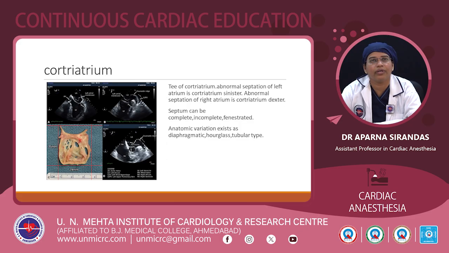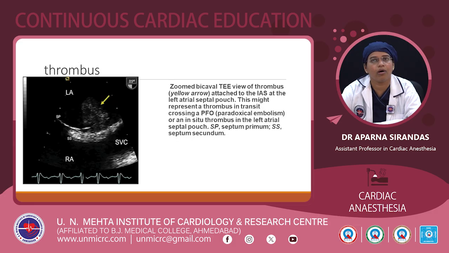And this is the cor triatriatum. This is one of the pathologies you can see in the left atrium. So, in this you can see the anatomical figure also. So, this is the TE of cor triatriatum. Abnormal septation of the left atrium is cor triatriatum sinister, and the abnormal septation, if it is present in the right atrium, then it is cor triatriatum dexter. And the septum can be complete, incomplete or fenestrated, and anatomical variations are also present like diaphragmatic, hourglass and